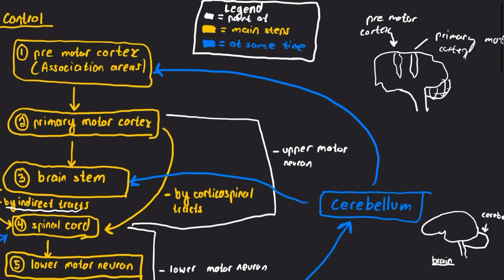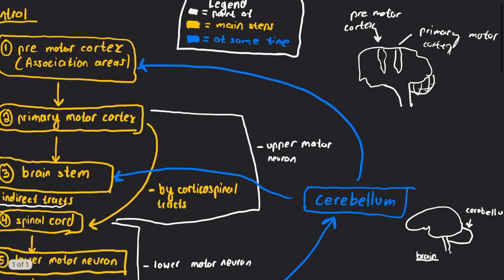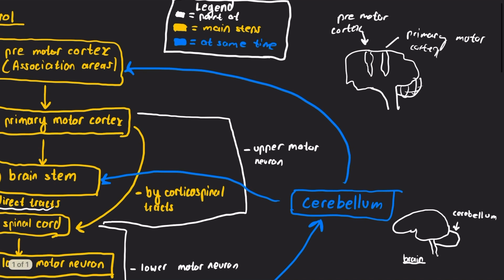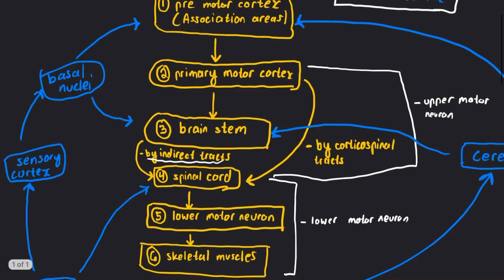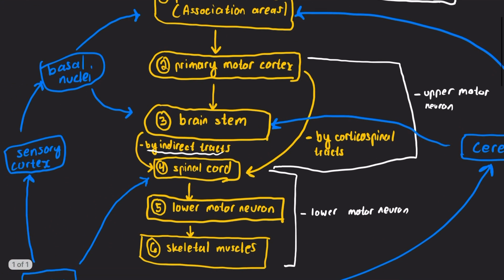So you could think of this as your brain, for example. So this is your premotor cortex. After that, it will then synapse into the primary motor cortex. Okay? After that, you will then have the